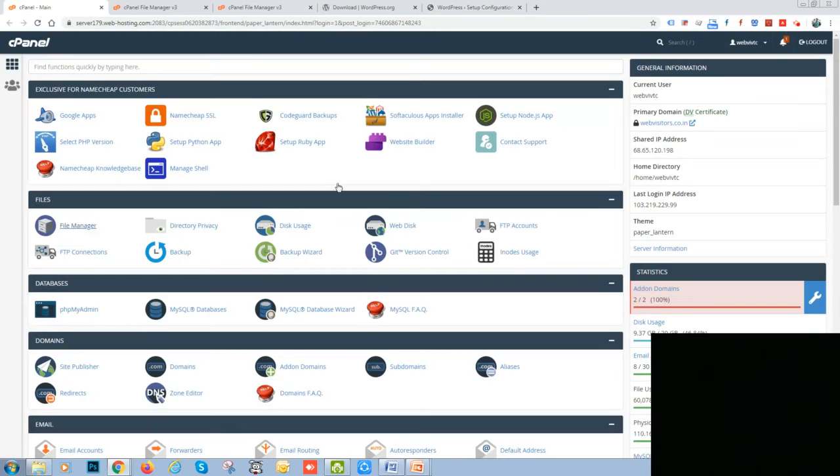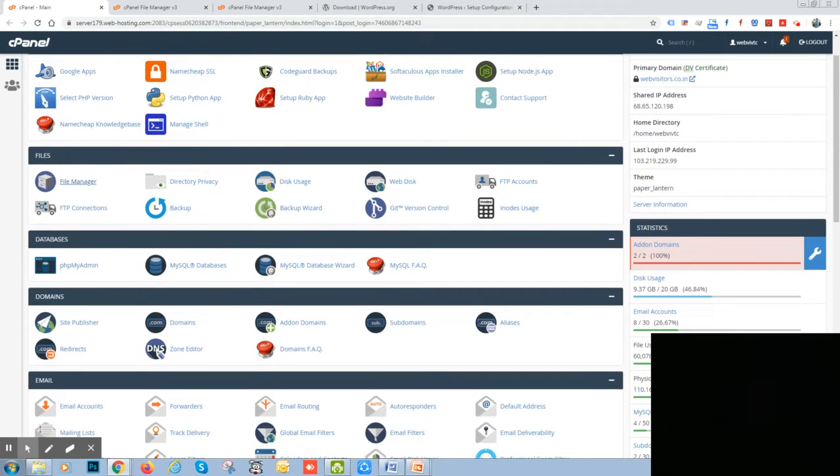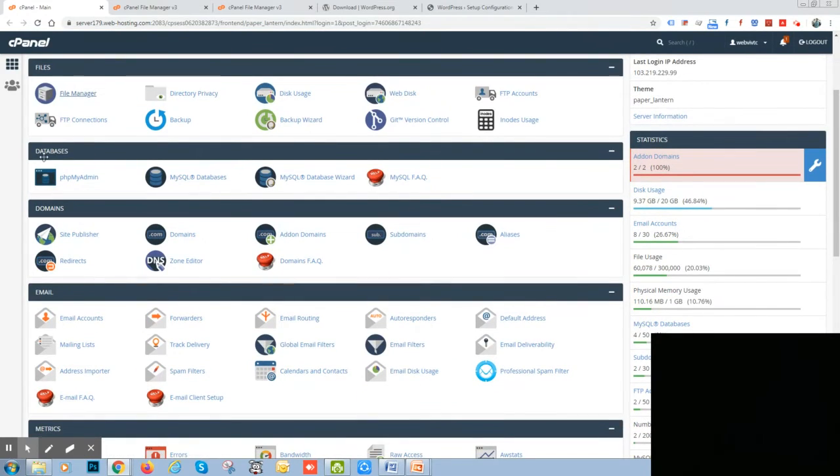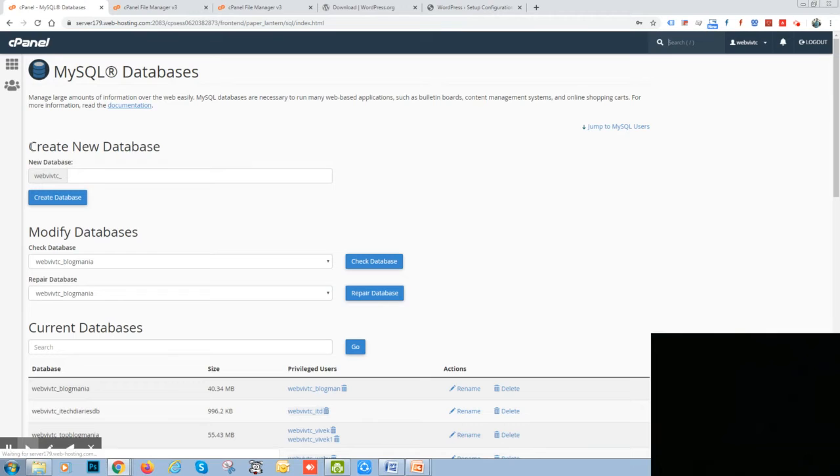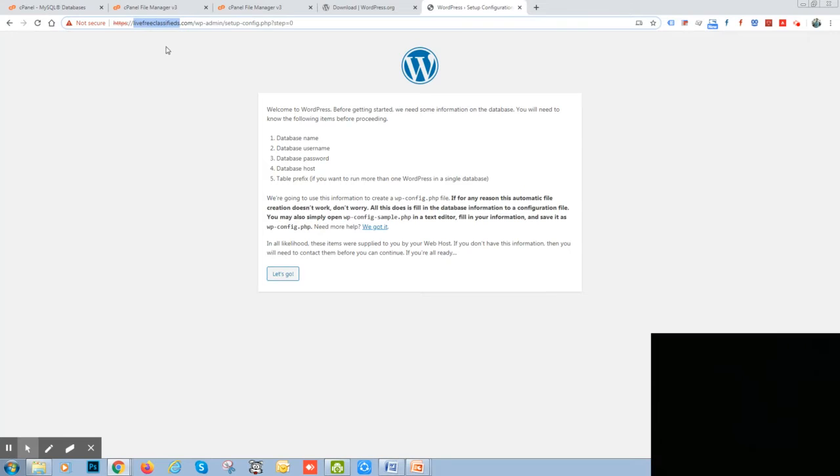Just go to cPanel again. Once you go to cPanel, you will see a section called Databases. Here you will see MySQL Databases. Just click here. Once you click, you will see the option to create a new database. I'm creating a new database with the same name, that is live free classifieds.